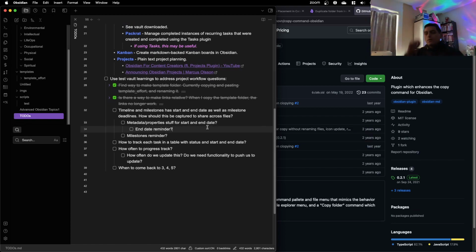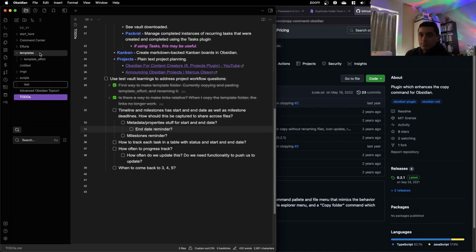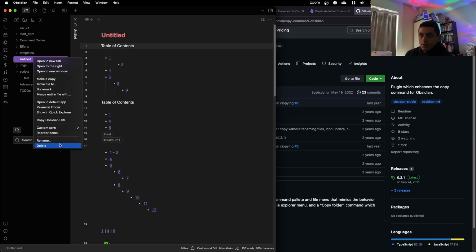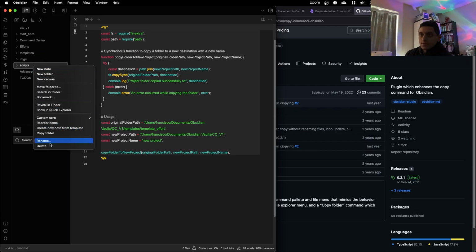Cool. Now we need timeline and milestones, which has start and end dates as well as milestone deadlines. So we don't need this after all.